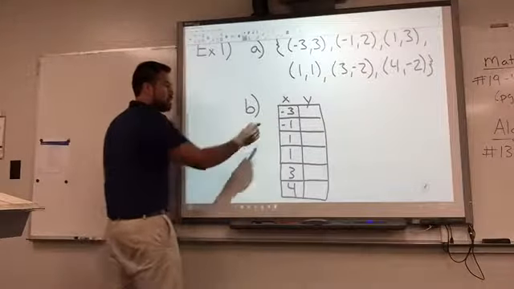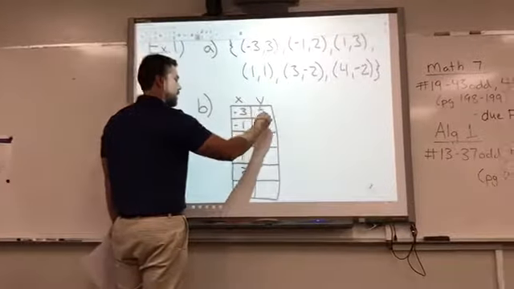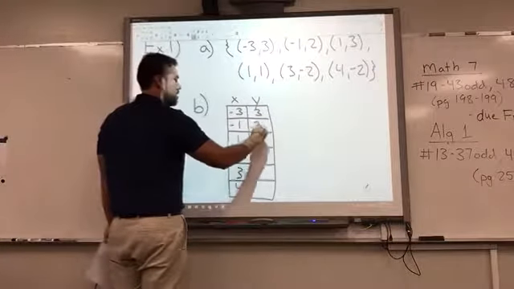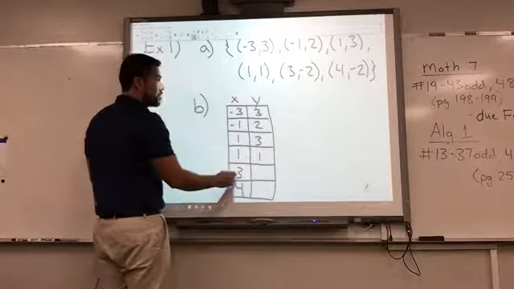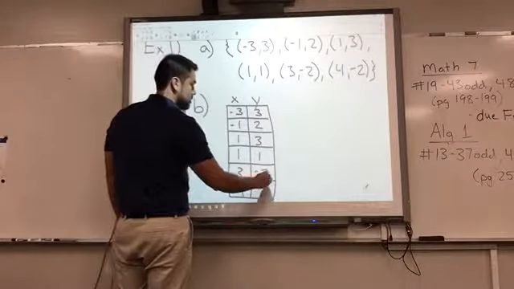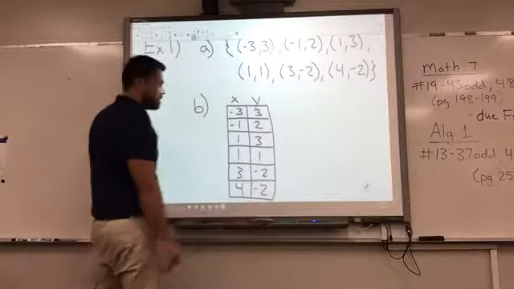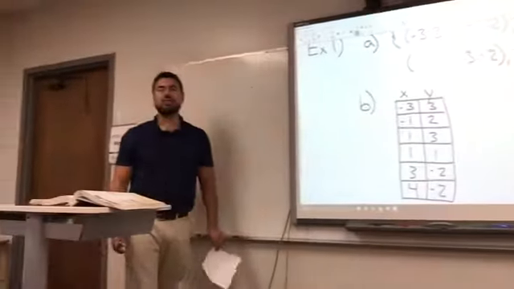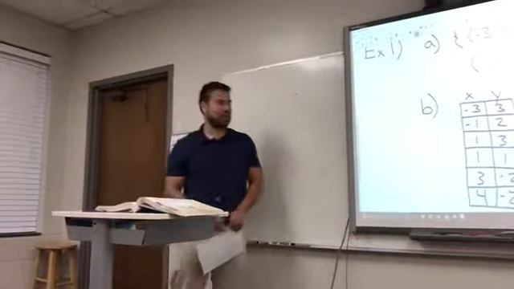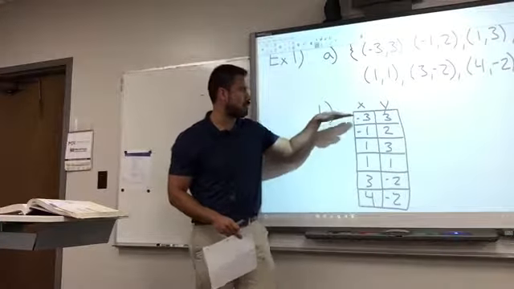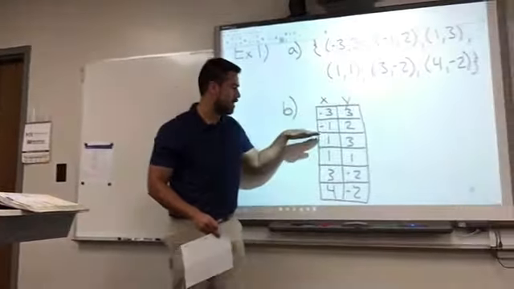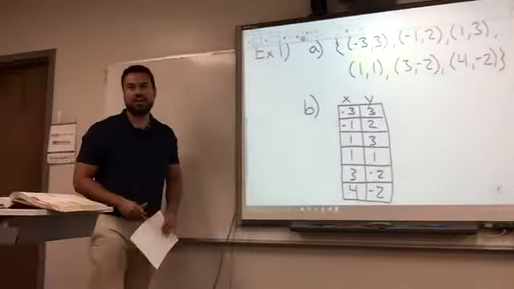There we go. Okay, what goes with -3? 3. What goes with -1? 2. What goes with 1? 3 and 1. What goes with 3? -2. What goes with 4? Okay, was that hard? And you could have done it differently than I did it. That's okay. And I'm not requiring it in an order, as in you don't have to put this set first and then this set. You can do any order, but you do have to match them up. These two have to be together. Those two, same thing. So far, so good?